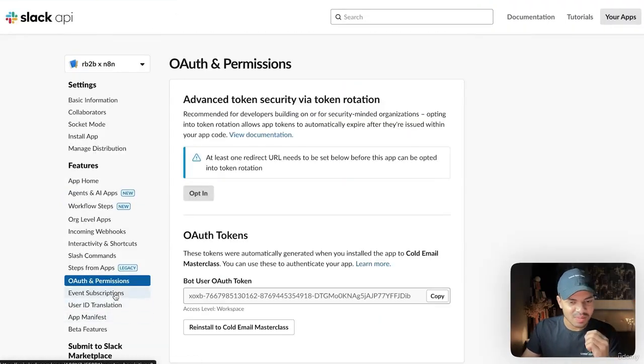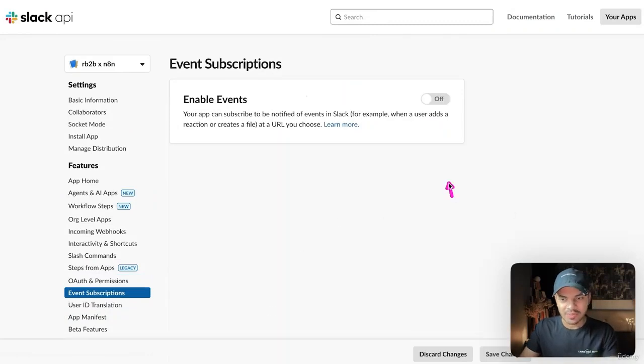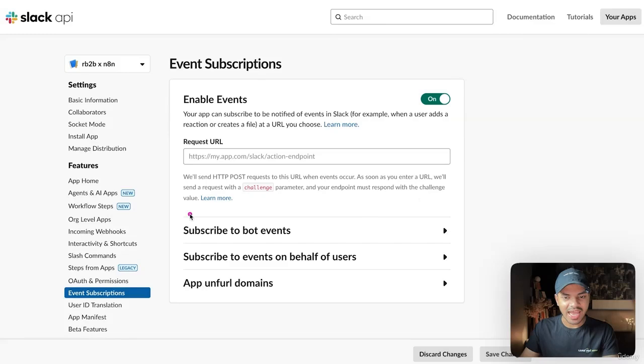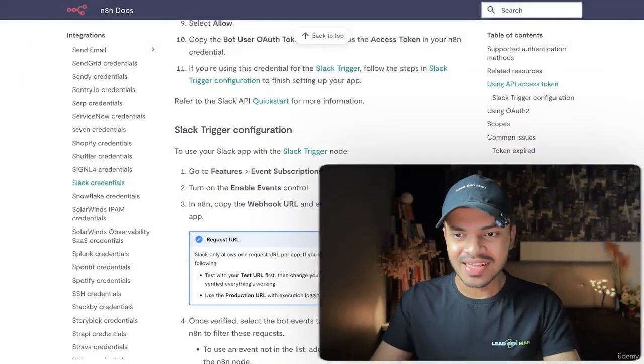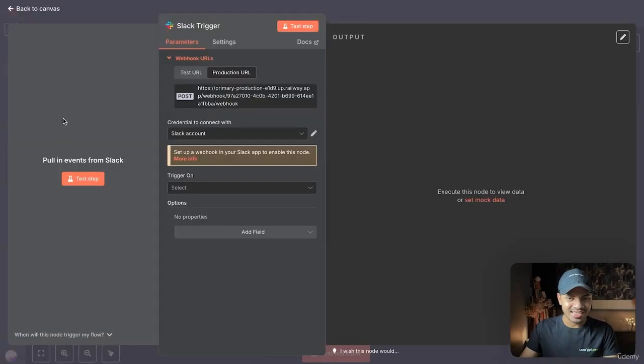So where is Event Subscriptions? Just below Permissions. We need to enable this and we need to add the request URL here. In N8N, copy the webhook URL and enter it in the request URL in your Slack app. So which webhook URL is it asking for? The one in the test. This is the one, the webhook URL, and use the test one. Copy this,